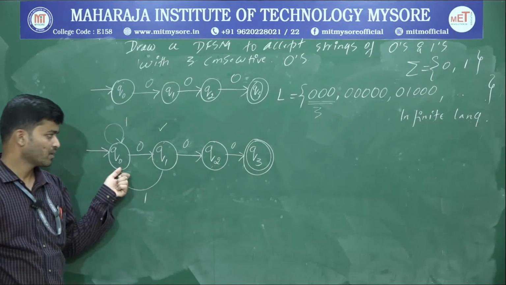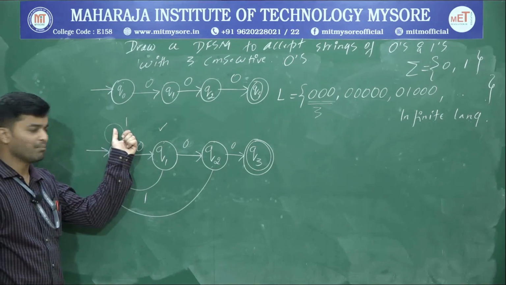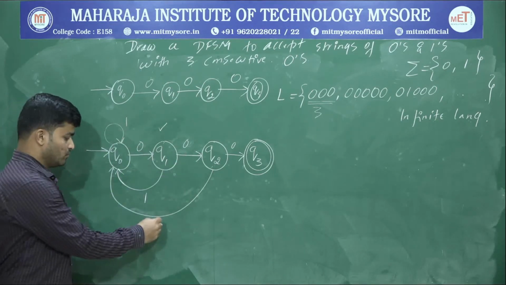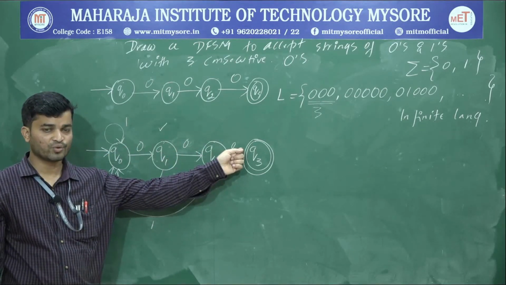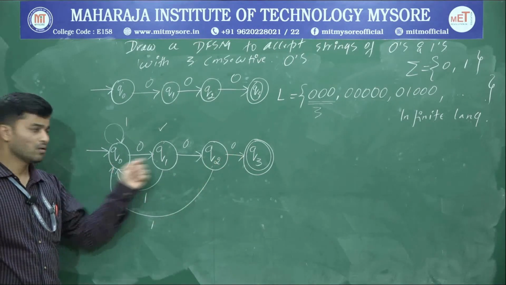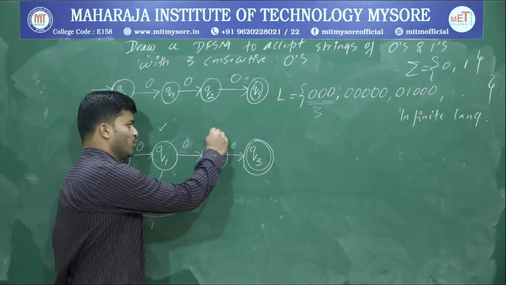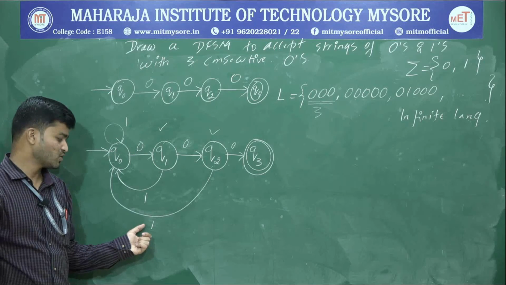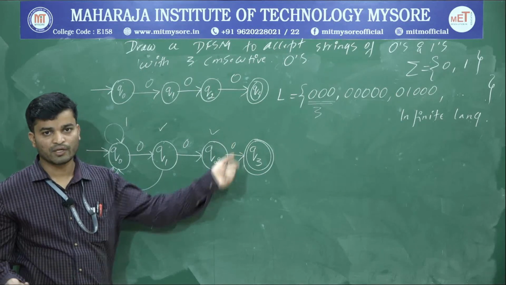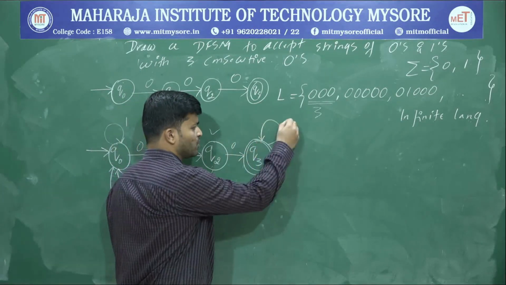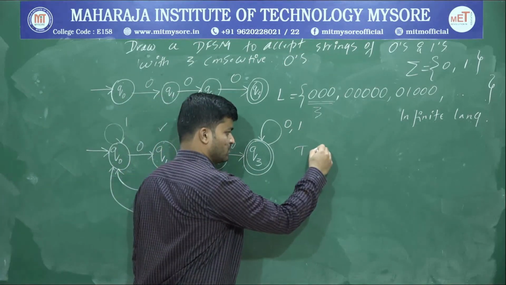Now try to connect here. If I connect here to Q0, what will happen? Starting I may have n number of ones followed by 2 zeros, then 1. Before going to the accepting state, it is going to accept 3 zeros, 3 consecutive zeros. Therefore, connecting Q2 upon 1 to Q0 is a valid option. Now Q2 is also over. Why? Because there is a path for 0 as well as 1. Now go with Q3. Already I have 3 consecutive zeros. Then I can have anything. How to write anything? You can write loop upon 0, 1. So this is your required transition diagram, DFA or DFSM.